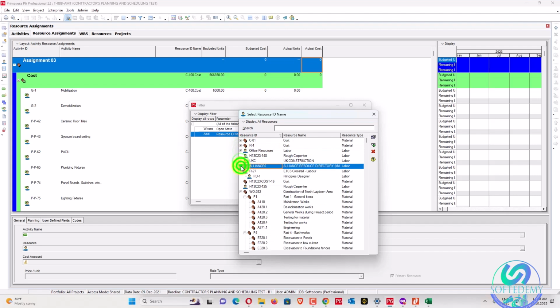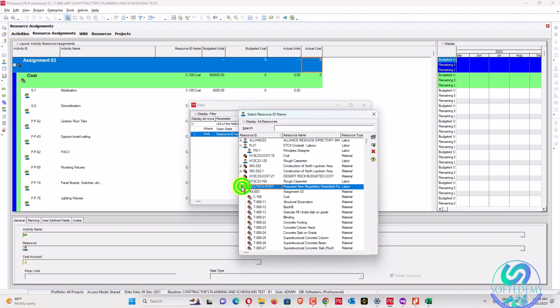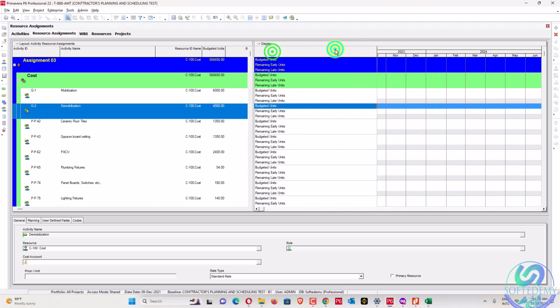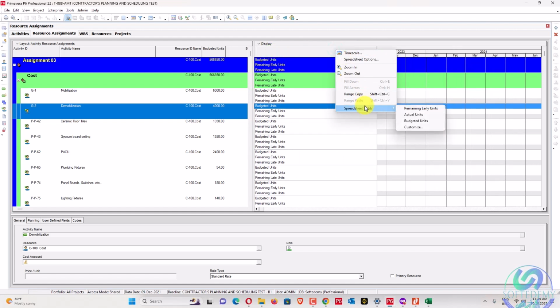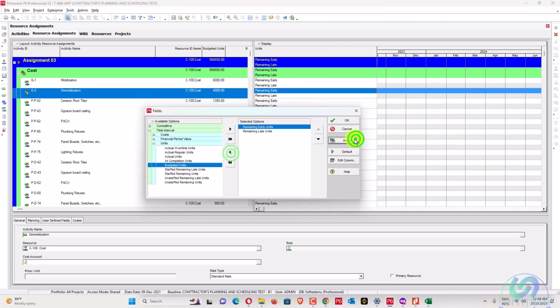We'll find it from here. Yeah, this was cost. Select this one, apply. Okay, so this is my whole cost. I need early and late, so we'll right click here, just early and late units, apply.